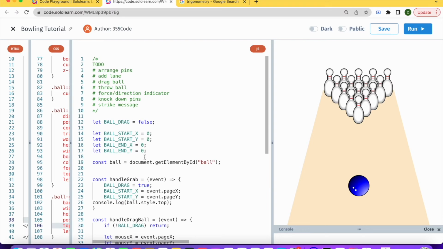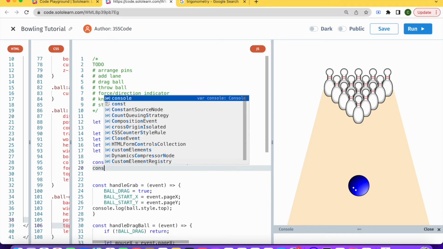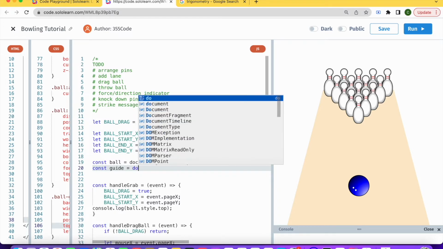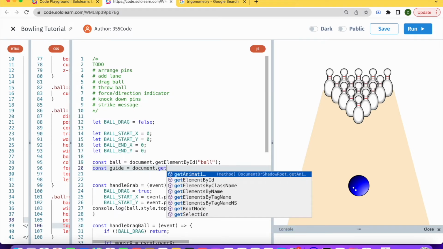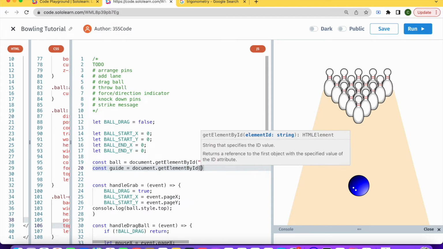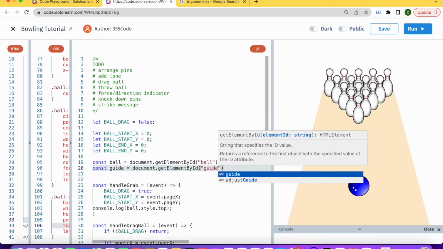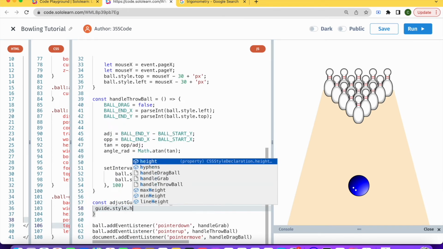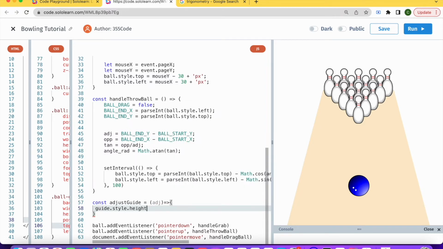So for that, we're going to need to select it up here. Okay, and then let's set guide.style.height,